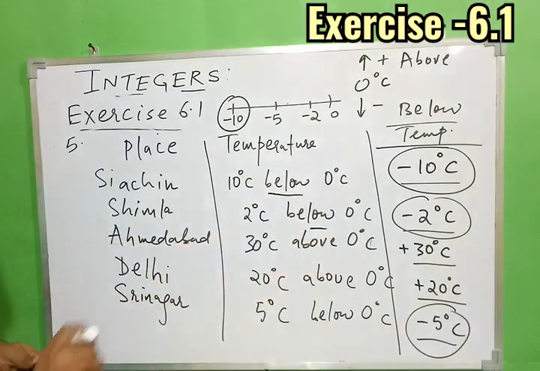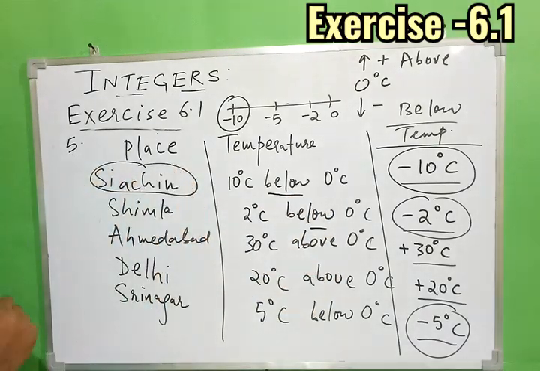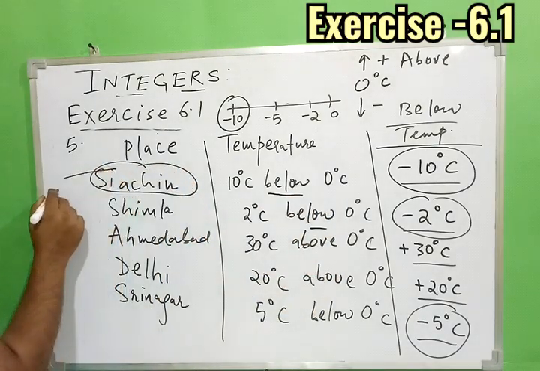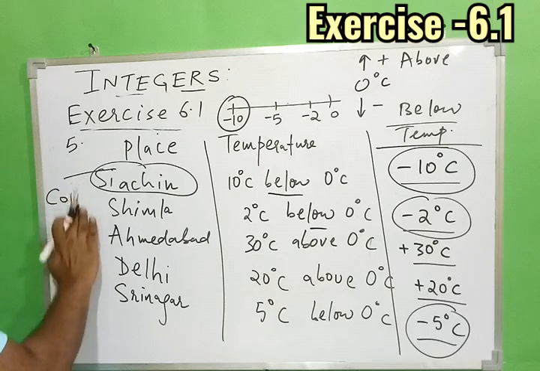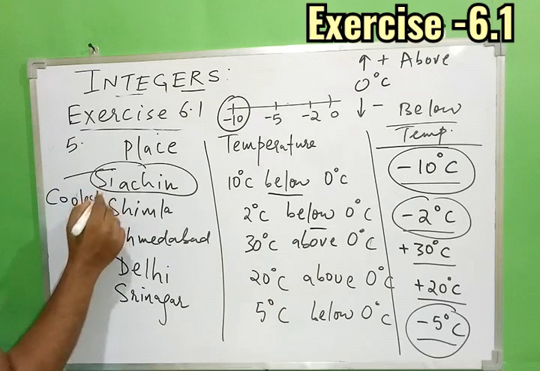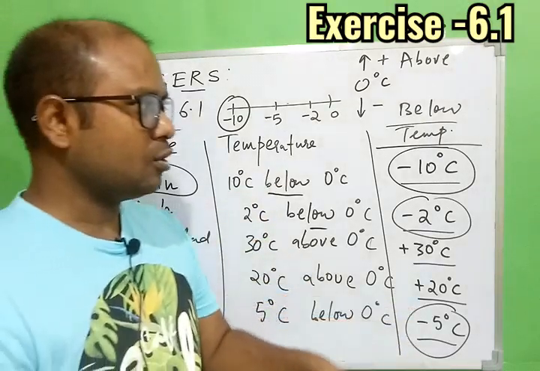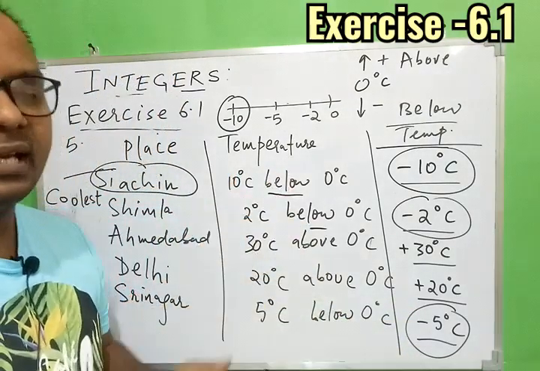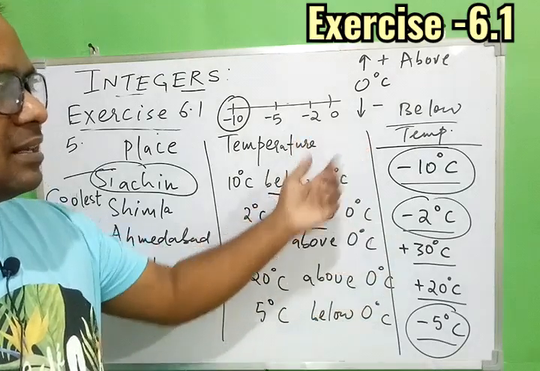Okay, so it is understood the place where temperature is minus 10 degrees Celsius will be the coolest place, and that is where? In Siachen. So this is the coolest place we can say, no doubt, in comparison of all the places, because we are able to see positive, negative. So if you are talking about the minimum temperature, then just compare the negative, that is more than enough. Positive will always be greater than the negative numbers.